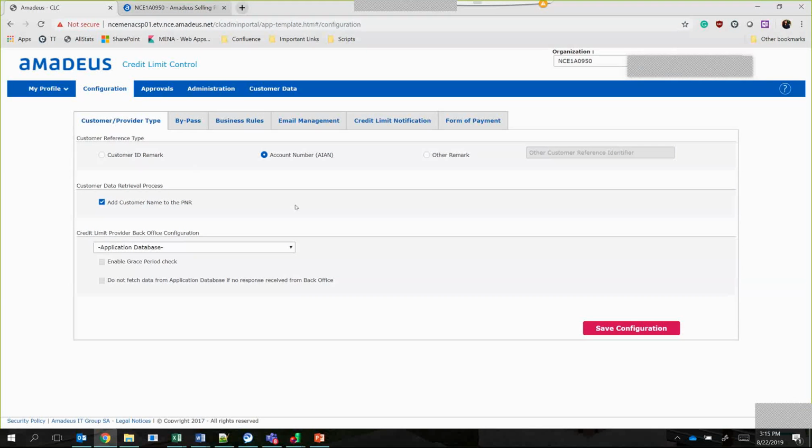So the first thing is the customer provider type. The first tab basically deals with how the information is to be retrieved and from where it is to be retrieved. So you can select the customer ID remark. That would mean that my PNR should have